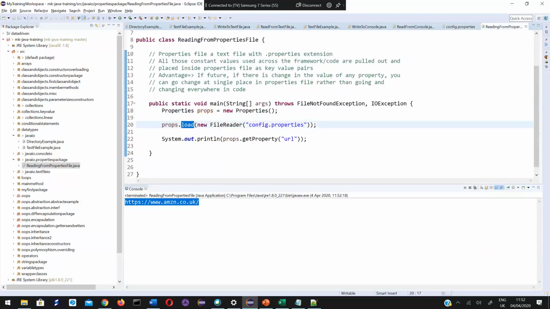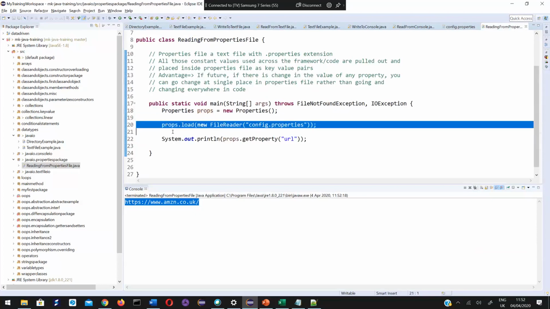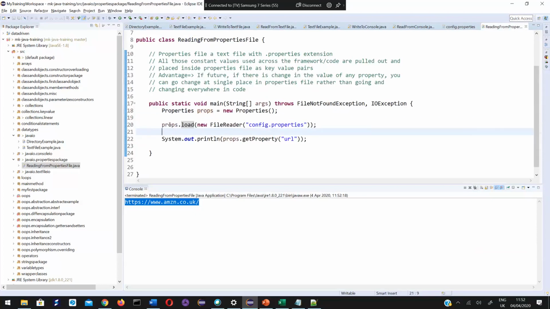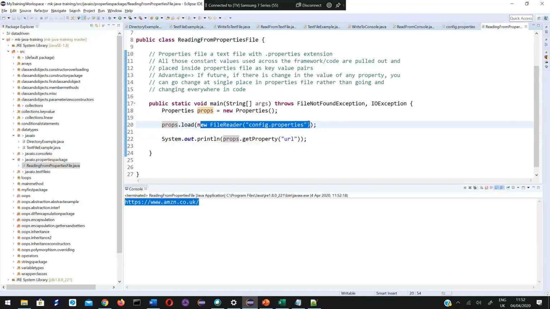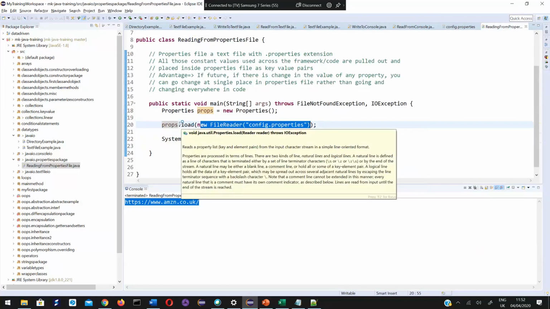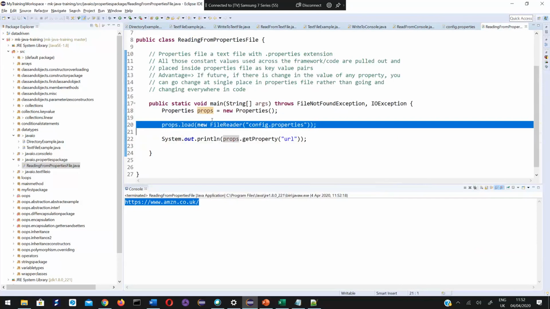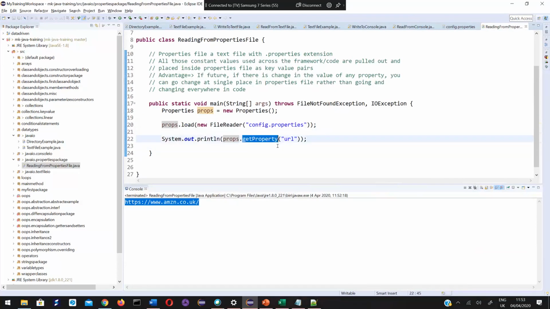So what exactly happens in this line is, into this props, we are first reading all the properties present in this config.properties file using this FileReader class, then loading. Once this line is executed, all the properties are loaded into this props object. Now the next thing you need to do is just call this getProperty and pass whatever key you want the value for.